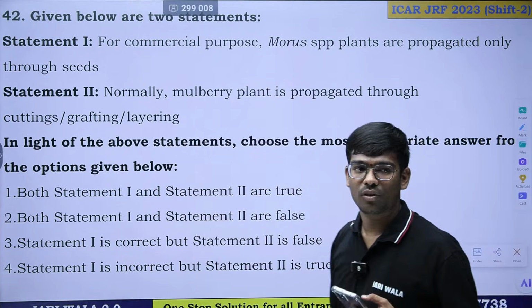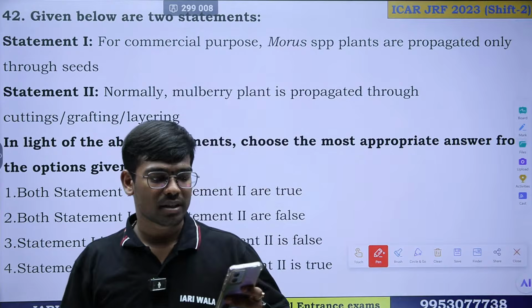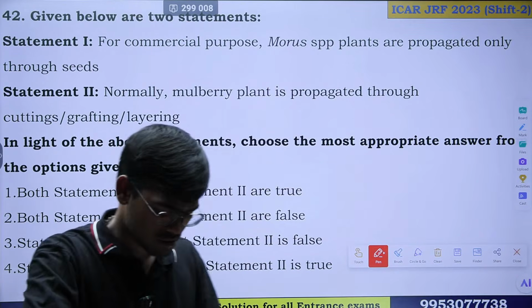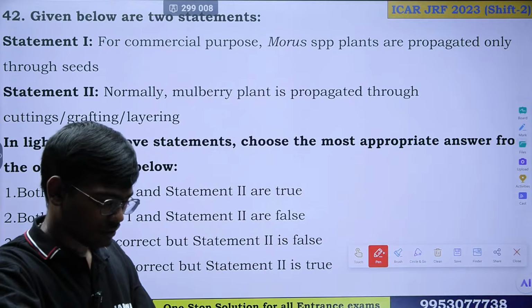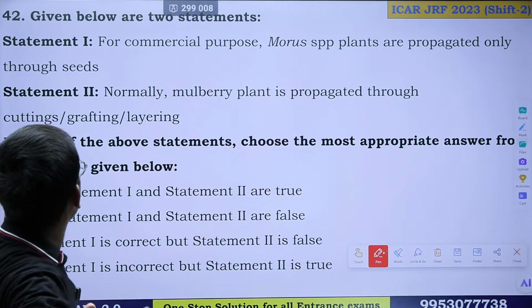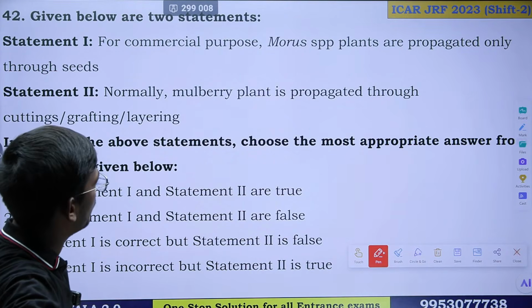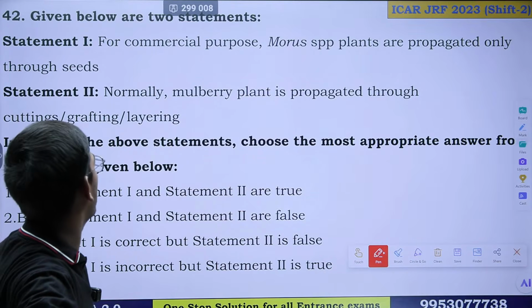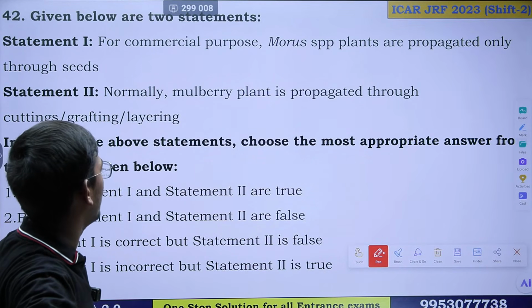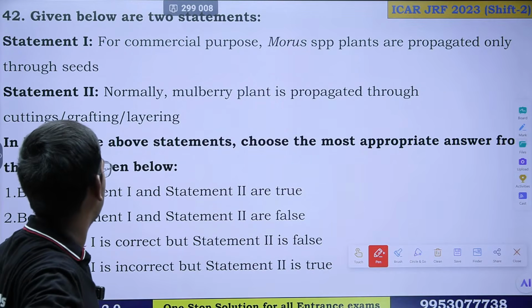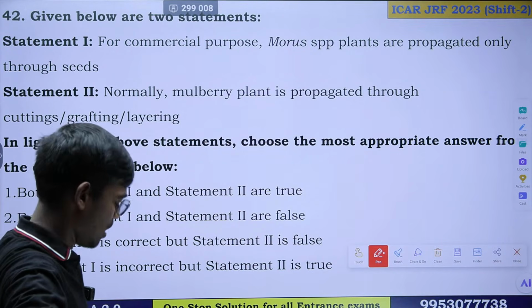While coming to the next question, given below are two statements, again statement type of questions. Statement 1: for commercial purpose, Morus species plants are propagated only through seeds. Normally, mulberry plant is propagated through cuttings, grafting and layering. So here,